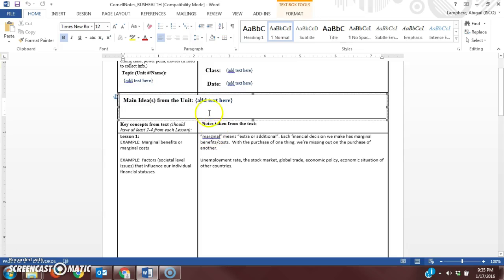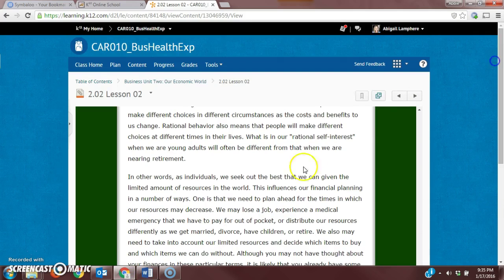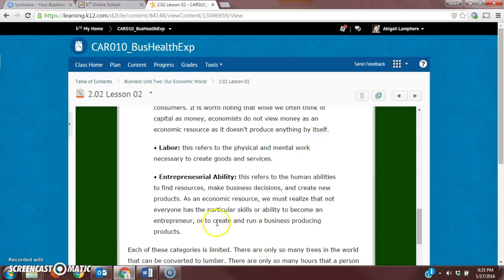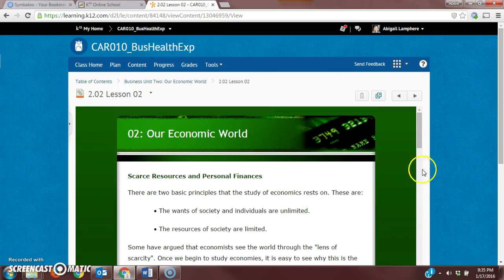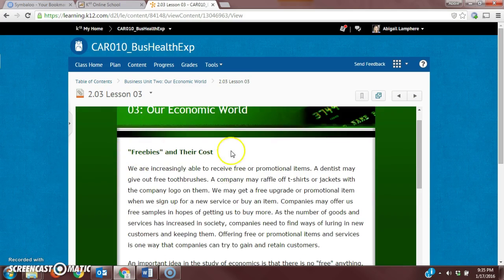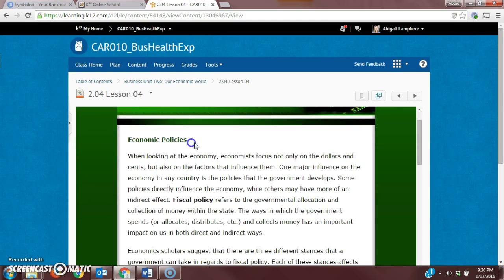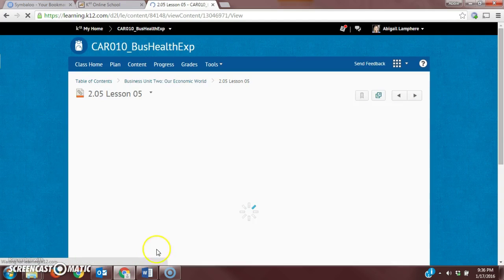I would actually do this after you've taken all your notes. After you've read through the unit, what were some of the main ideas that you learned about? What were some of the main concepts that they touched on? This is usually kind of a dead giveaway at the top of each lesson. Lesson 2 talks about scarce resources and personal finances. Obviously, that's the main idea of this unit. Freebies and their costs, probably another main idea. So usually the topic of each lesson would serve as a good main idea to include in that list